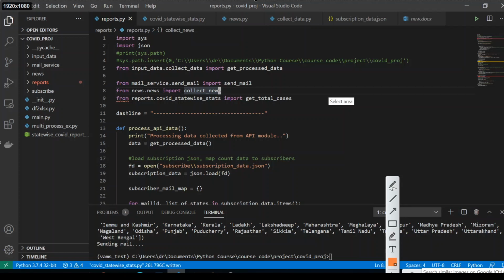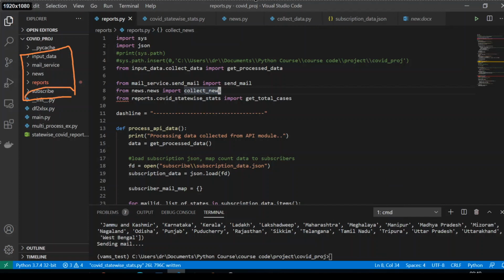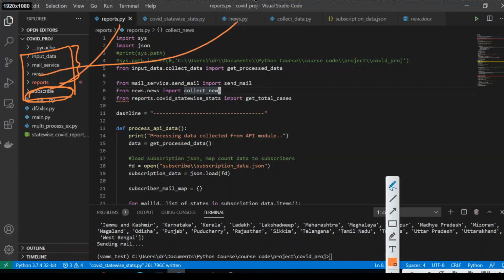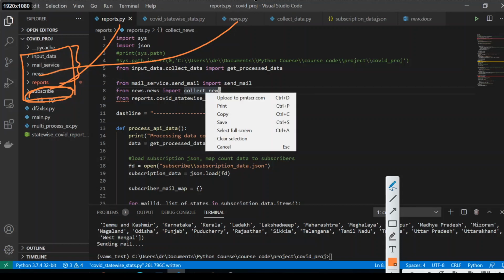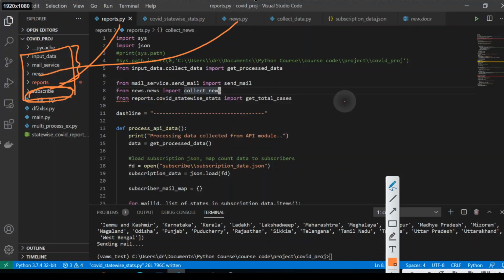So we had these four modules. Subscribe is just a folder, a configuration folder. These are the four modules we had discussed: input data, mail service, news, and reports. Reports is here, news is here, and I have not opened the mail service file.